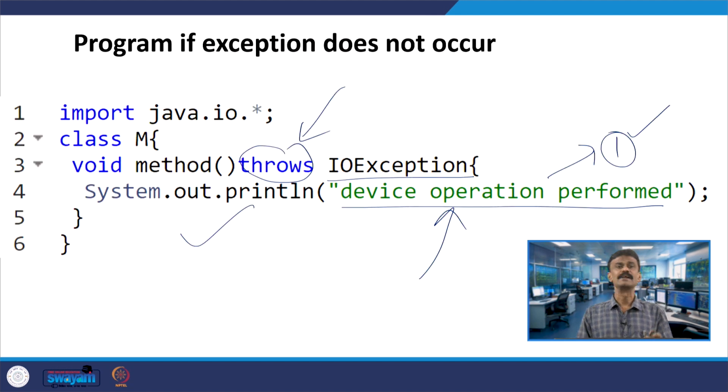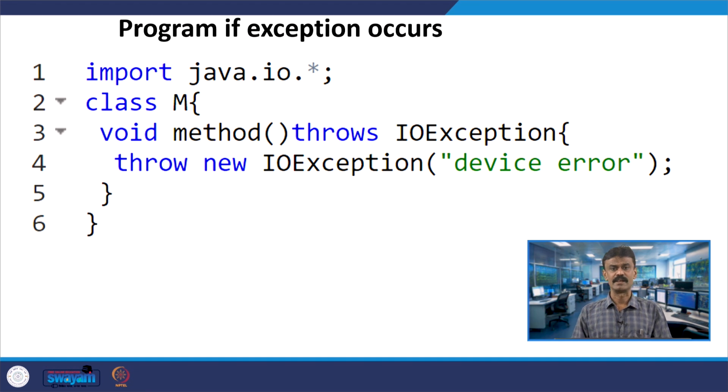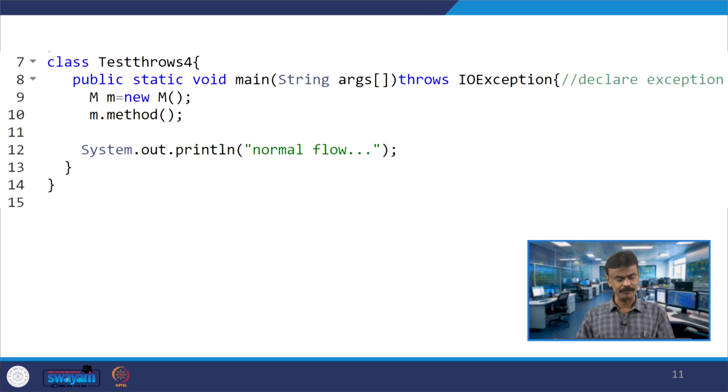In the second point, assume that the exception occurs. Here the void method throws IOException: throw new IOException("device error"). Assume the same program, TestThrows4, is the driver class, with the main program creating a small object m under the capital M class.